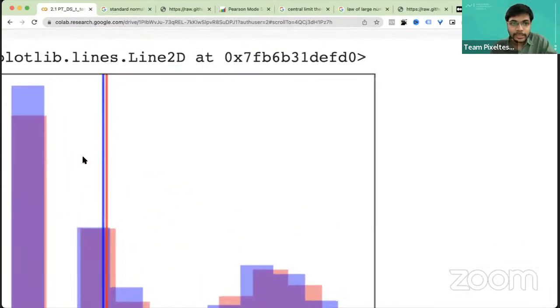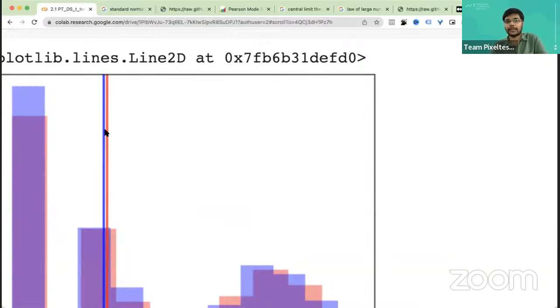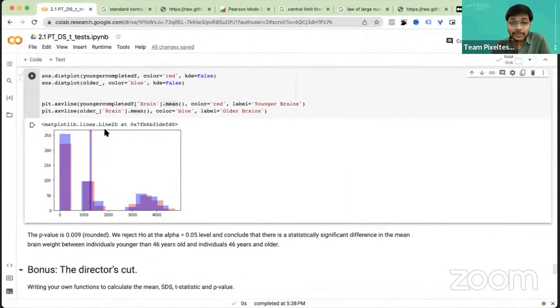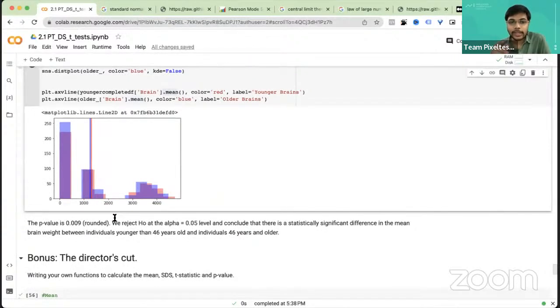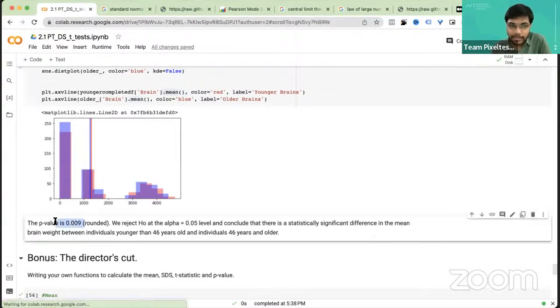So now you can see that the means are different, right? So what was our initial hypothesis? The initial hypothesis was that both of the means are equal. The p-value is 0.009 after rounding. We reject the initial hypothesis at alpha 0.05 because the p-value is less than our alpha significance level,